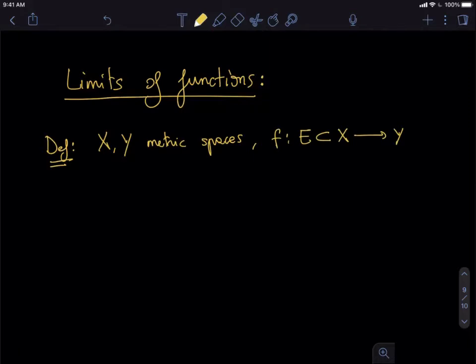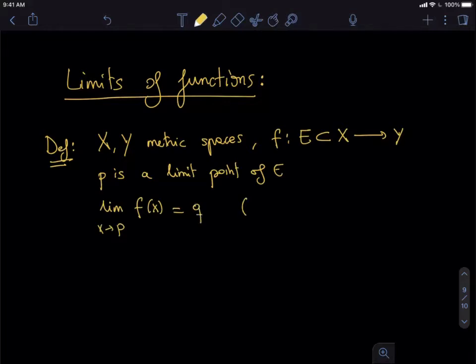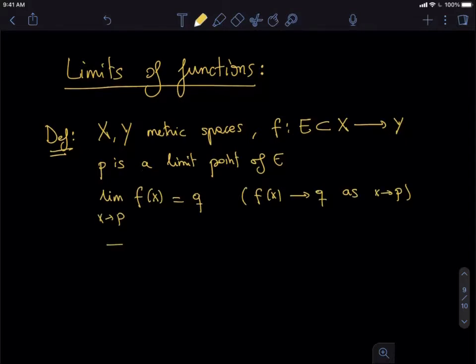Now, let's say p is some point that is a limit point of E. So we are going to write the limit of f of x as x tends to p equals q, or more informally, we will sometimes write f of x tends to q as x tends to p. Okay, so the definition of this limit